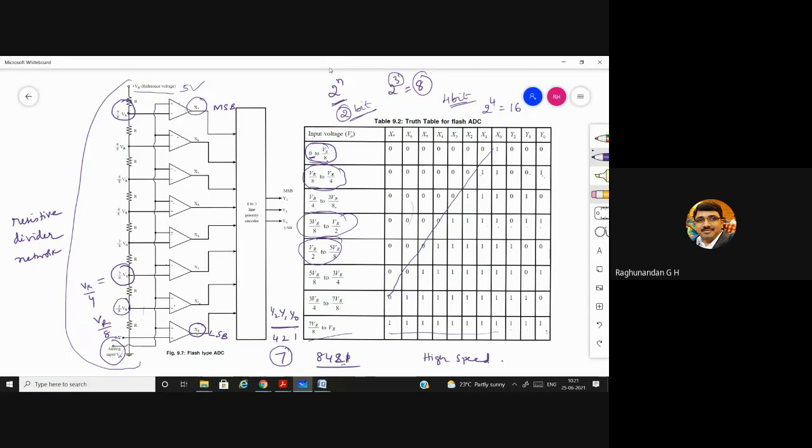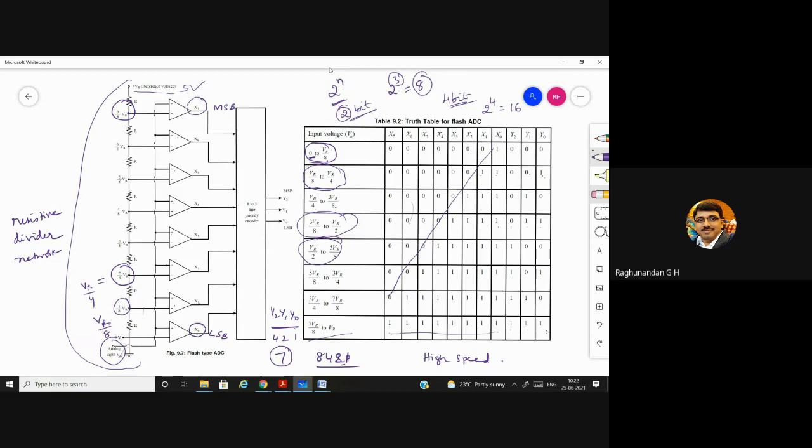So four comparators you need to use, and what about the encoder? What will be the design of the encoder? I'm asking about the encoder range, whether it is 8:3 or any other value like that. 4:2, sir. 4:2? So we have 4:2, 8:3, and then we have 16:4. So which one will you use for 2-bit? 4:2, sir.